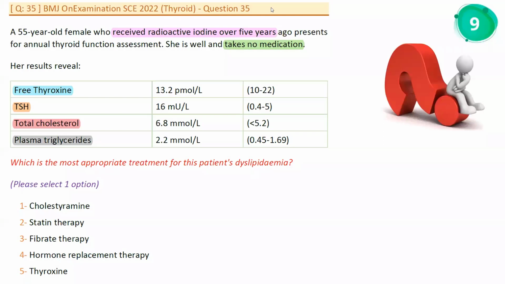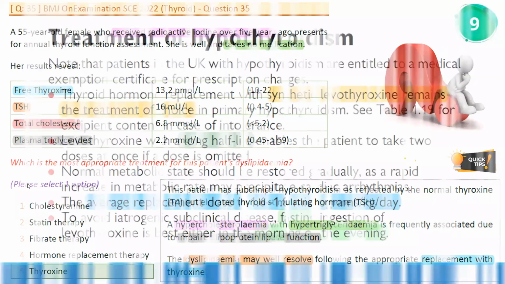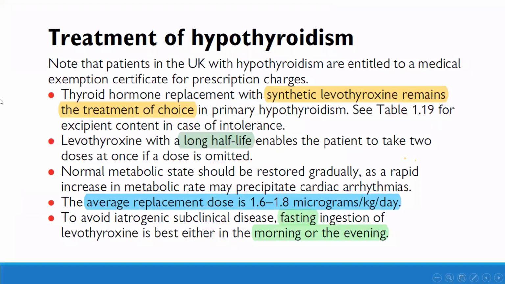Thyroxine. Levothyroxine. Yes. So he asked about the management of dyslipidemia, but the treatment should go to thyroxine, because as I mentioned previously, dyslipidemia is usually present in a patient with hypothyroidism, and treatment of hypothyroidism can in most cases resolve dyslipidemia. So how to treat hypothyroidism is a very important topic, in my presentation today, in clinical practice and in the exam.